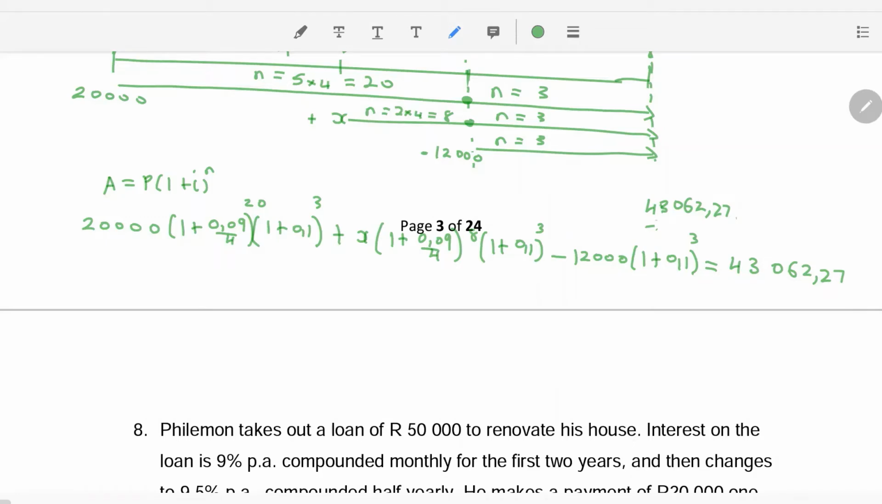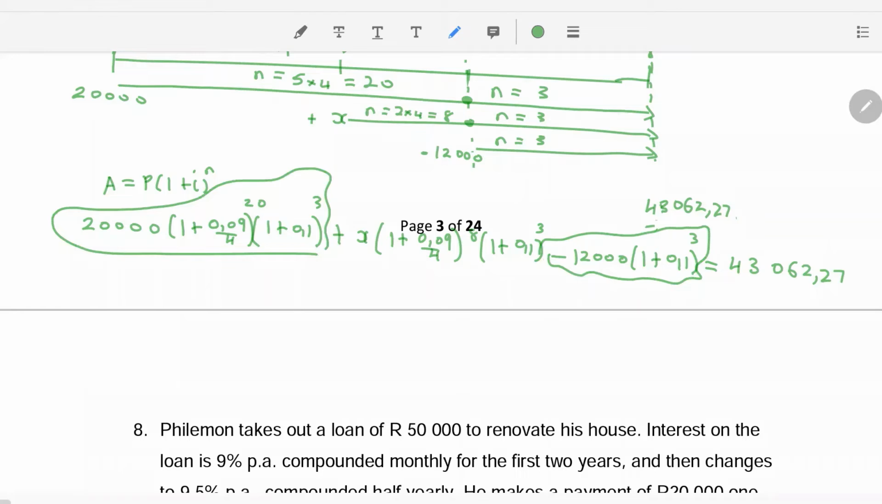So you'd work out the 20,000 and subtract the 12,000. Then you subtract it from the 48 and then divide by these two brackets. And when you do that, you finally get your X being